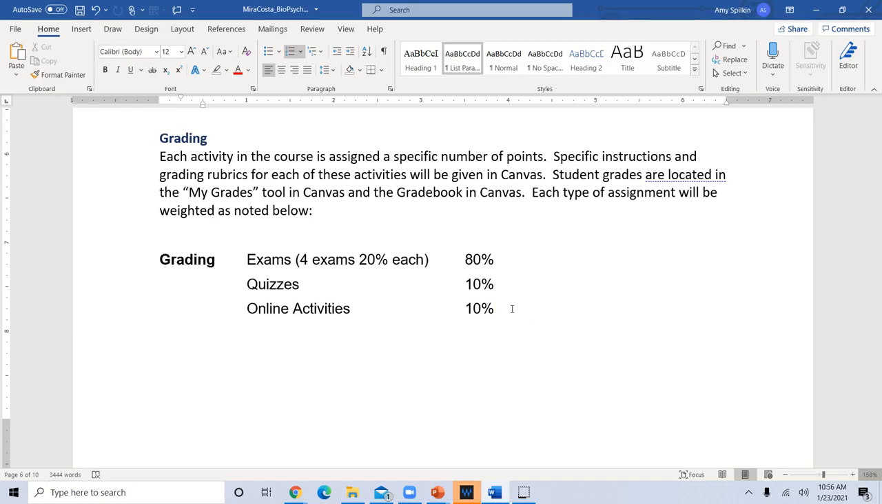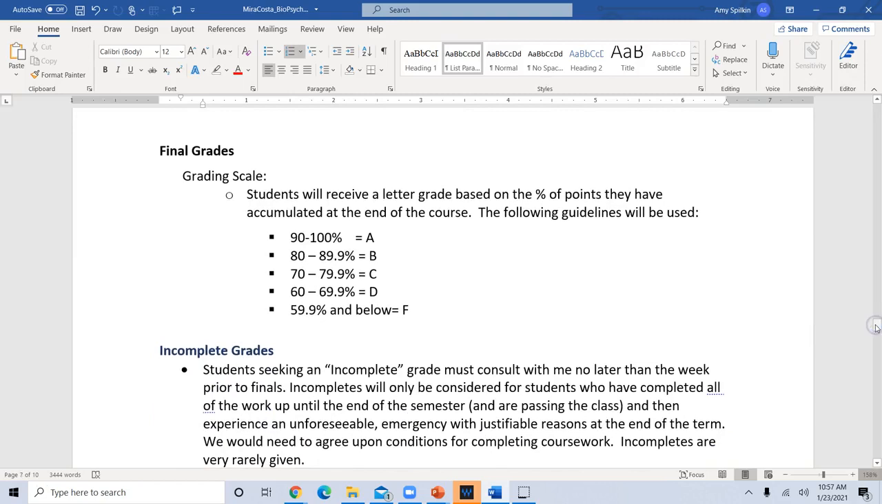What I end up doing is taking all your exam grades, getting an average there, and that's 80% of your grade. Then I take all your quiz grades, get your average there, and that's 10% of your grade. And same with the online activities. So that way it's a weighted average. After I do that, then it's a very straightforward